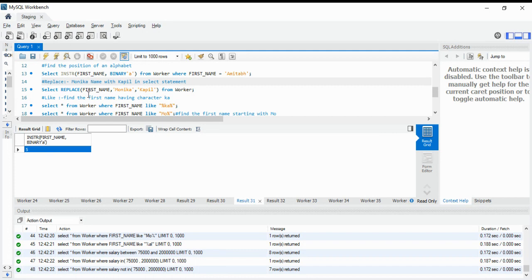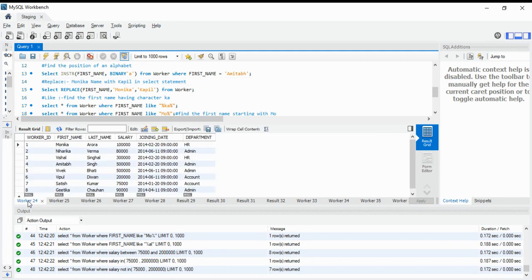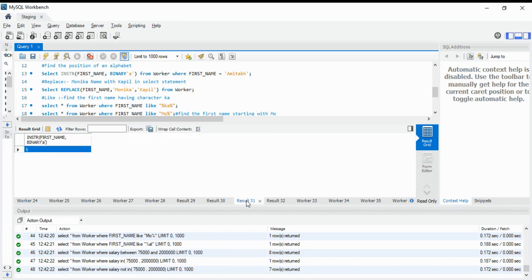So the next command is the replace command. Why do we use the replace command? Suppose I want to replace a name, right? So this is the main table. Now I want to replace the name Monica with Kapil, right? Then the command is select replace column name, Monica, and Kapil, where Monica is what we want to replace, from worker. Then the output is Kapil,